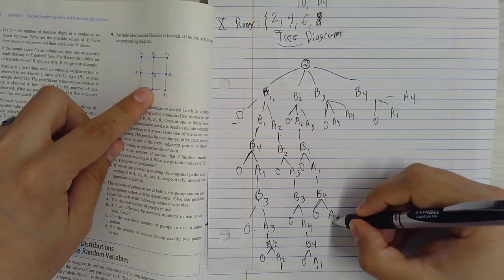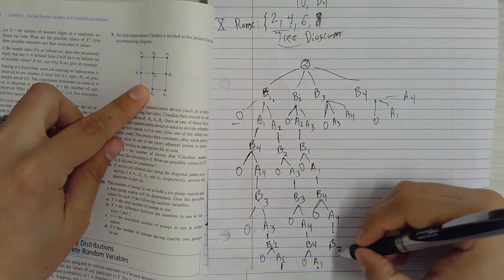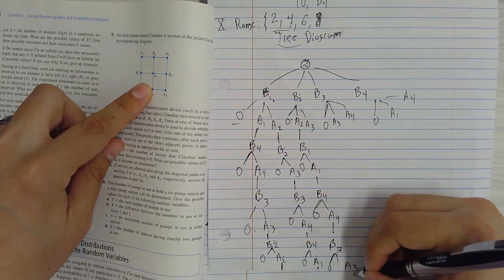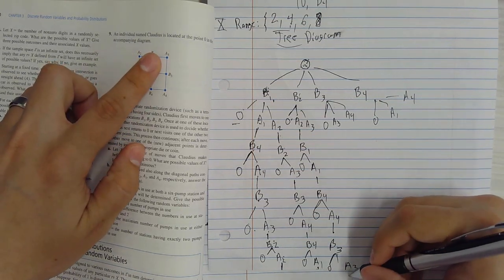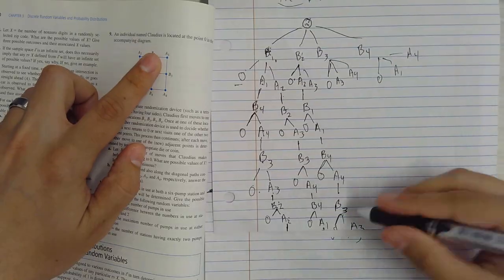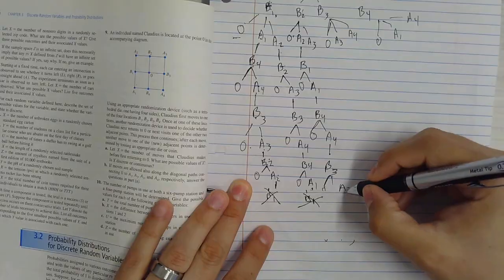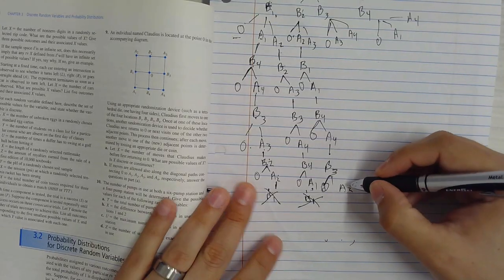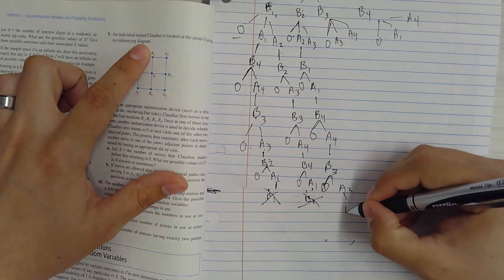And then from A4 we have to go to B3. Then 0, A3. Then from A3 we have to go to B2, but B2